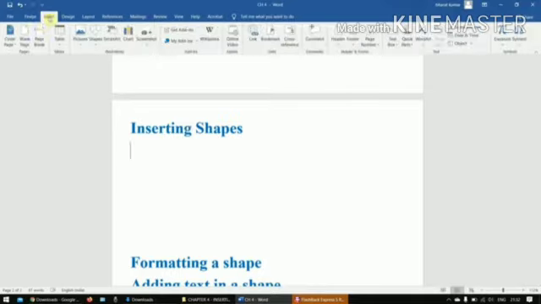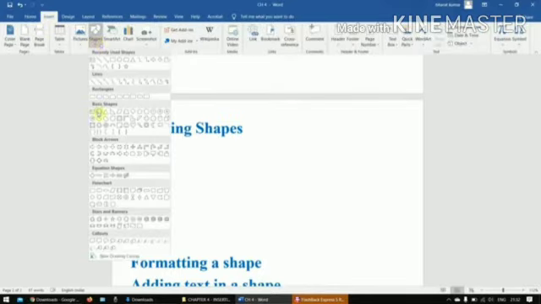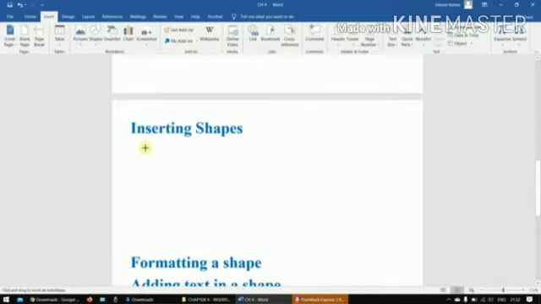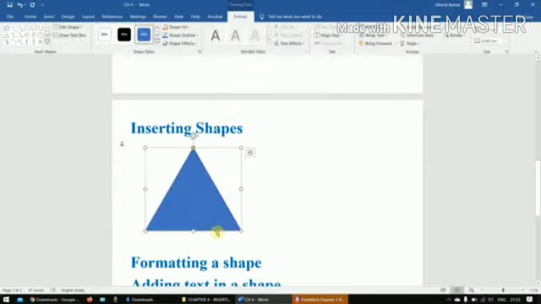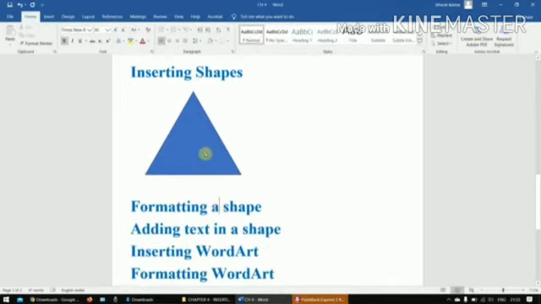Let me go once again to the Insert tab, click on the Shapes button, and this time I'll click on the Shift key. If you click on the Shift key, you have a proportionally perfect shape, and if you release the Shift key, you have an irregular freeform shape. So if you want a fixed proportional shape, a perfect shape, you press the Shift key, then you draw your shapes. And as you can see, immediately the Format tab appears. Using this tab you can make changes to the existing shape. So the next topic is that we learn how to format the shape.